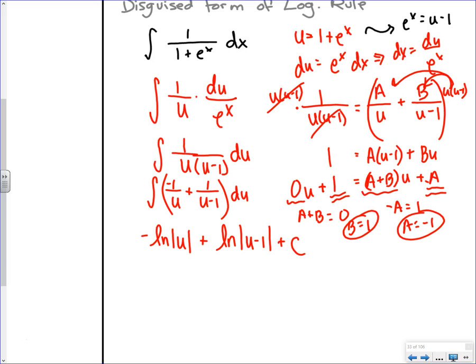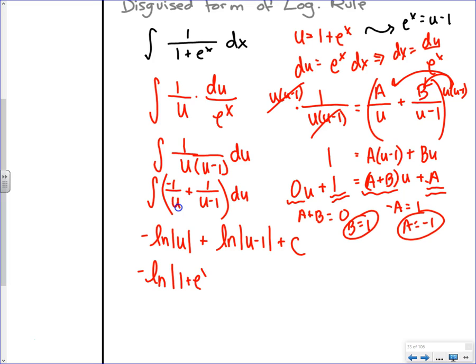I could say v is u minus 1. What would dv be? If v is u minus 1, dv would just be 1 du. I don't need any other dv for that, so I can go straight to an ln. Or think of it, what would be the derivative of ln of u minus 1? 1 over u minus 1 times 1. So we're okay. If it was a 2u, then I'd have to have a 1/2 in front. We might have to do another substitution. But since it wasn't, I'm able to stop there,